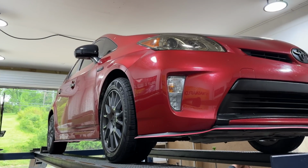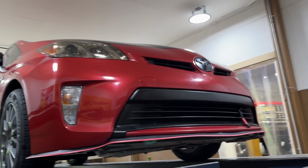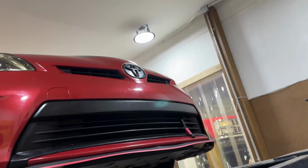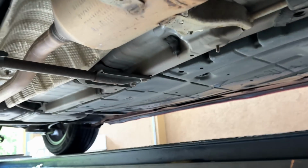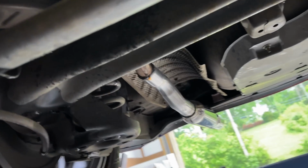All right, guys, we got a first 2012 Toyota Prius hybrid. Sexy red, got custom wheels. It's the only Prius you'll see with a muffler system done to it. Anyways, got factory converter there, another converter there, then this hybrid contraption there, then 1.5-inch pipe out the back, and